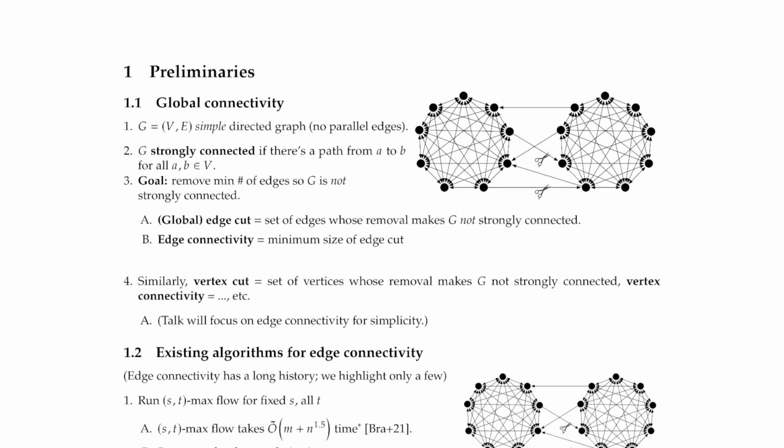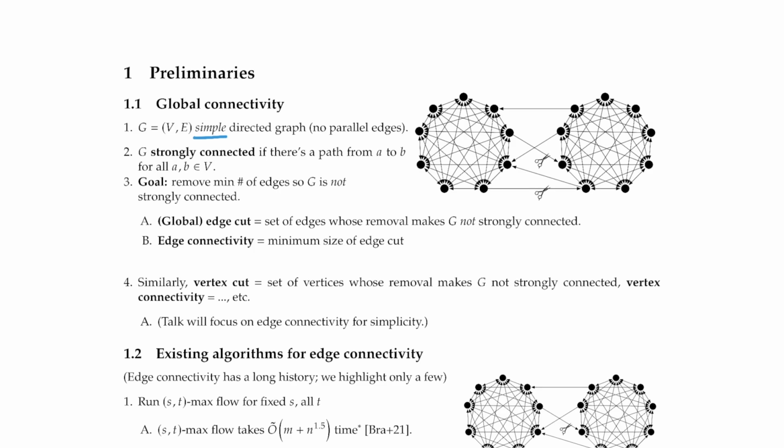Okay, so some preliminaries. We're interested in global edge connectivity, especially in simple directed graphs. So just directed graphs, but there are no parallel edges. I'm sure everyone knows this, but just to review to be safe: we say that a graph is strongly connected if there's a path from A to B for any pair of vertices A and B. And the goal is to remove the minimum number of edges so that the graph is